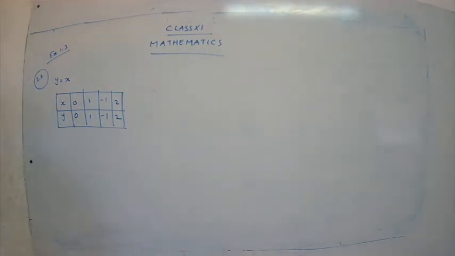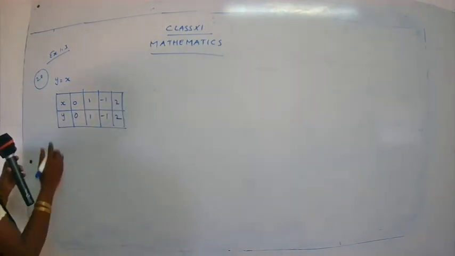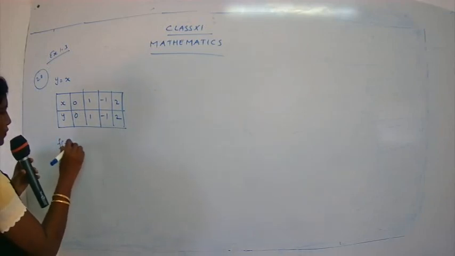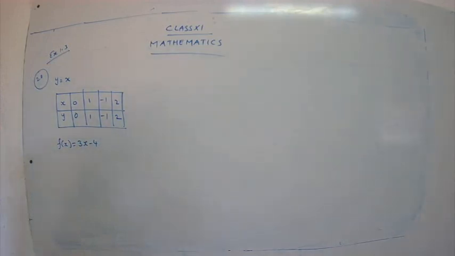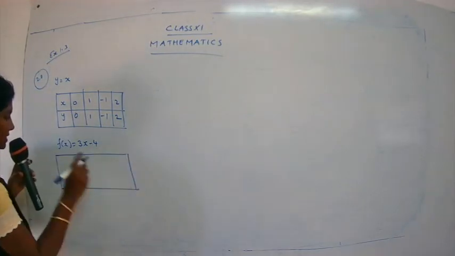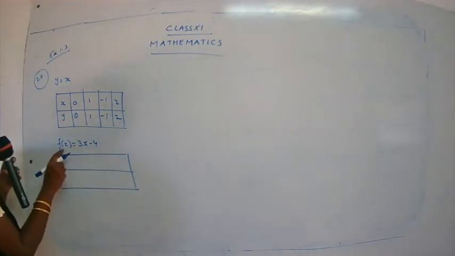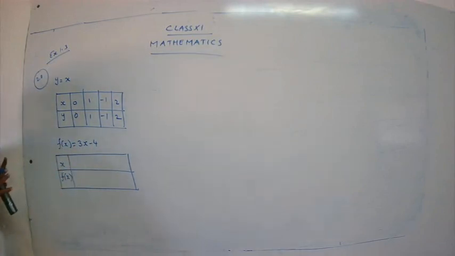I have told you that we have to find out the function. That is, you have to get the value for the function also, and also you have to draw the graph for f inverse x. So if you have place, you can write down over here, or you can just continue here, no problem. So f of x is equal to 3x minus 4. So let's write down the value. One unknown is x, and here you get f of x. So put here x, f of x.